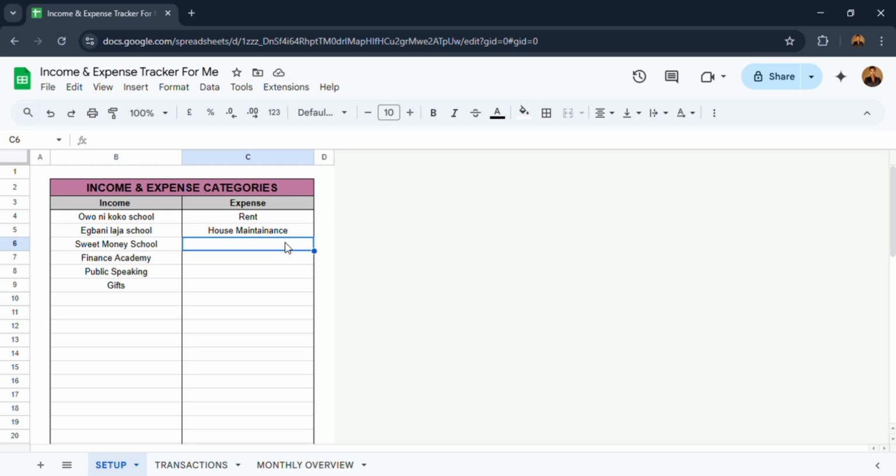Your plumbing, you needed to call a plumber to come fix 1 or 2 things in your house. Everything is under house maintenance. Feeding takes money from me. Let's say I save. Yeah, I can just include it, like the money has gone into a savings account. Whatever it is that takes money from you, just include it in your expense. Children's school fees,